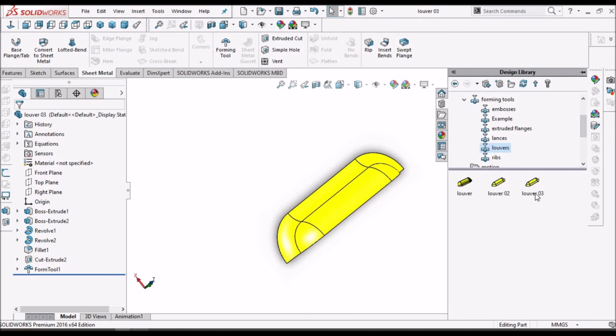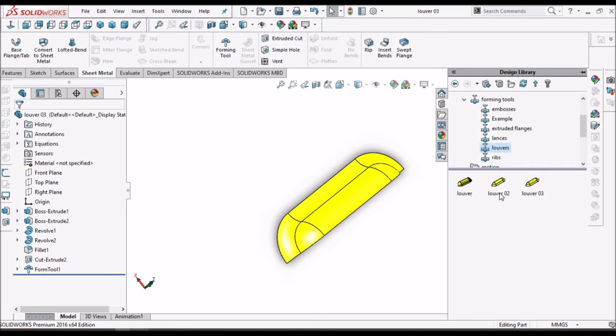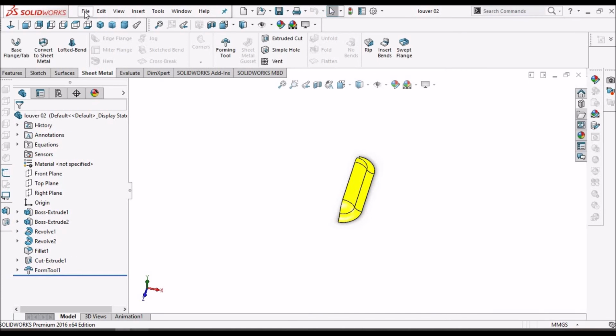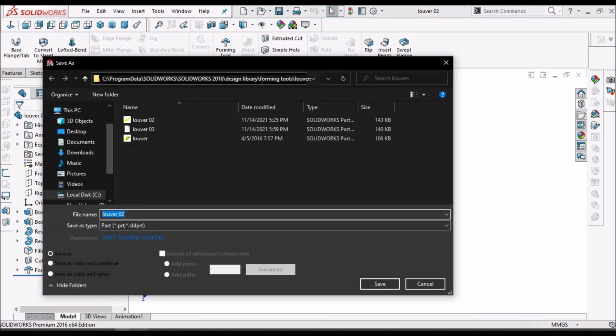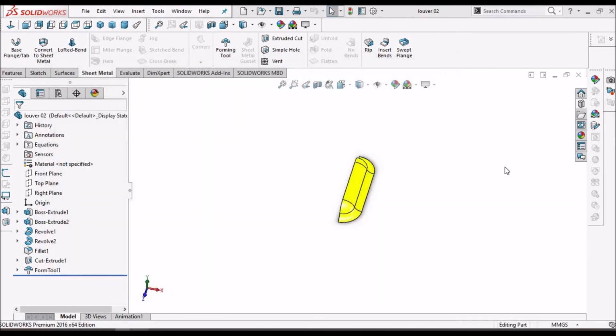Now here it has come. Suppose if you don't know the location, so what we have to do is simply click any feature and open that and try to save as, and you will get the location, and you can copy this and you can save the file.